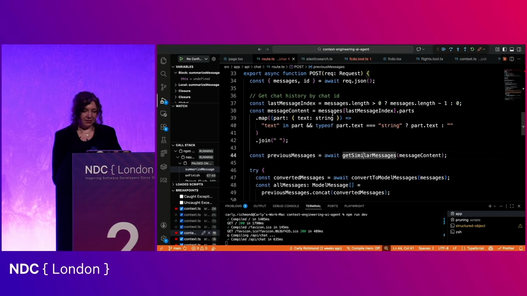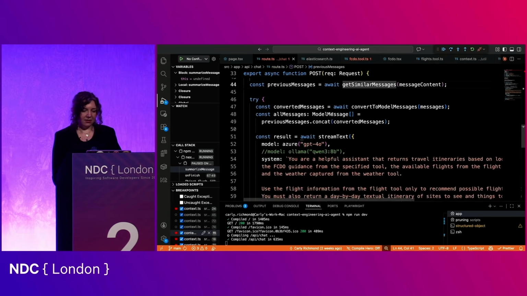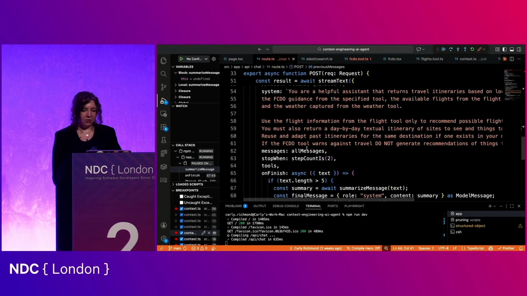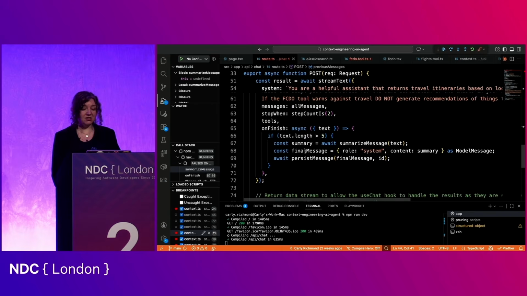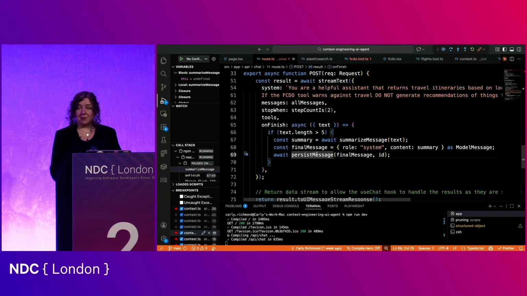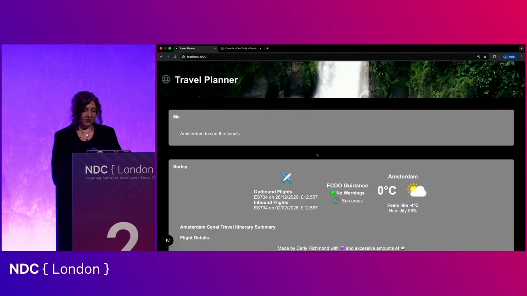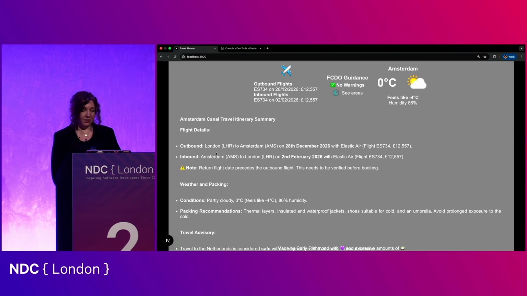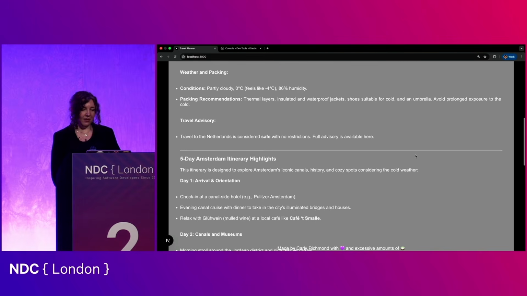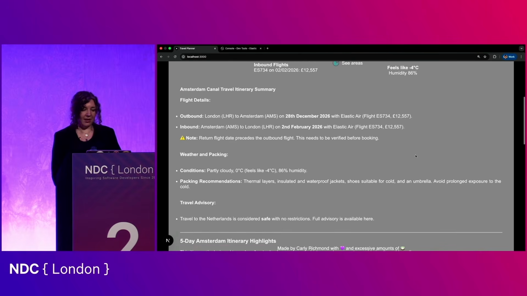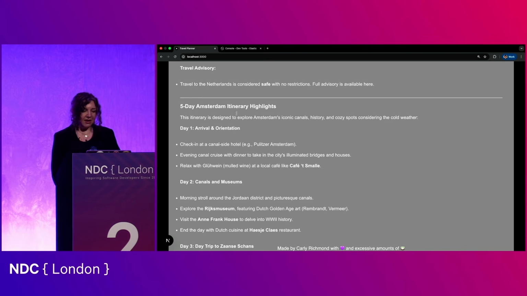Then what happens next is you'll see, when we actually run through, it's got all of the messages, so it's been combined with the short-term and long-term memory messages. And indeed, we're going to persist the messages at the end, so we're persisting the itineraries so that they can be reused at a later date, and we're persisting those back to our index. And as you can see, it then is giving us outbound and inbound flights as well, alongside the other things. It's also picking up kind of the same kind of itineraries based on what's happened before.